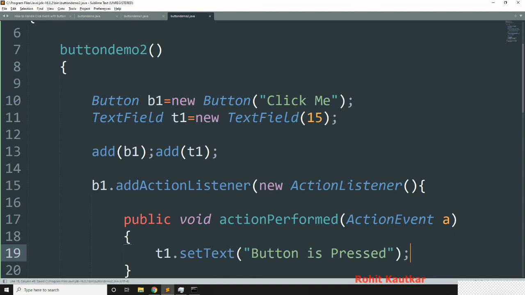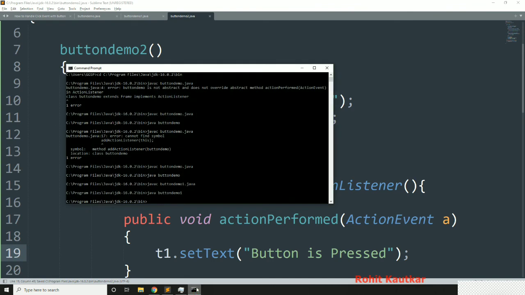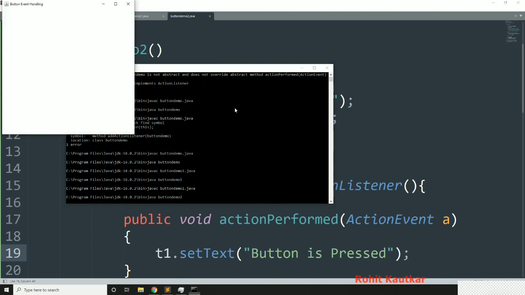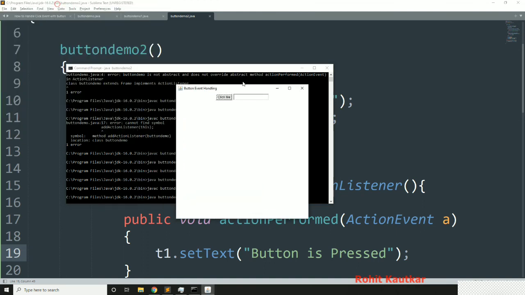Now I will compile this file. So here I will write javac ButtonDemo2. Okay, it got compiled, so I will write java ButtonDemo2, and here we got the same output.